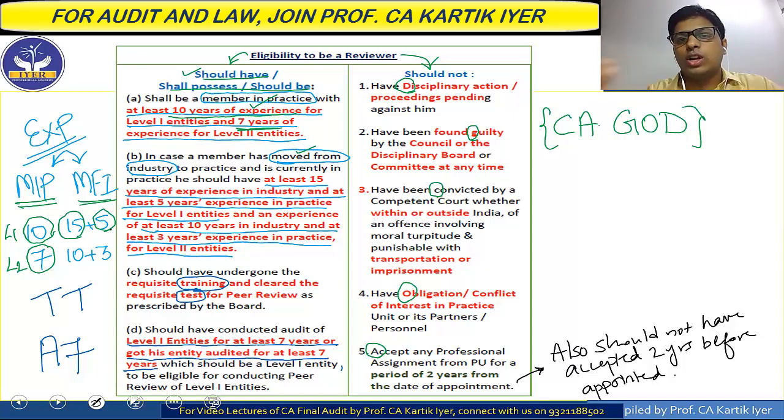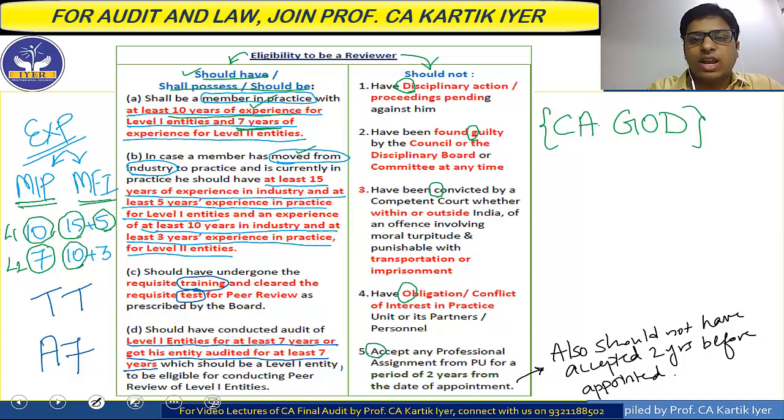So if you want to do the peer review of level 1 entities, then you should have 15 years of experience in the industry and a minimum of 5 years of experience of doing the audit of level 1 entities. And experience of at least 10 years in the industry and at least 3 years of practice experience for level 2 entities. If you are going to do the peer review of level 2 entities, then basically you need 10 years experience minimum